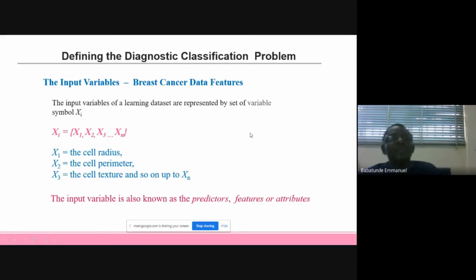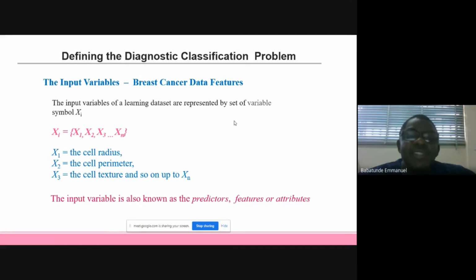Now, we want to define the diagnostic classification problem. The first thing we need is input variables from our data set. And we are going to be looking at breast cancer data. The input variables are the features that have been extracted from the data that has been collected. These input features are also known as predictors. They are also referred to as attributes. And these